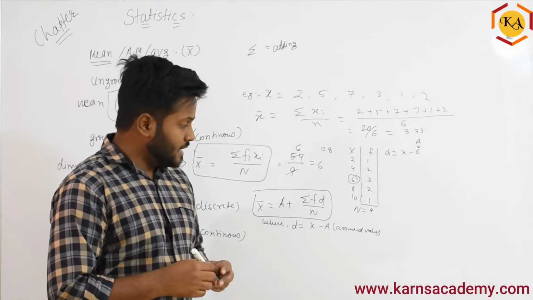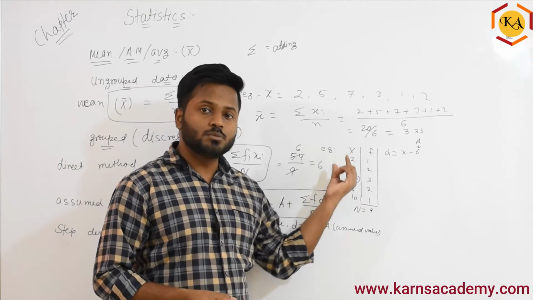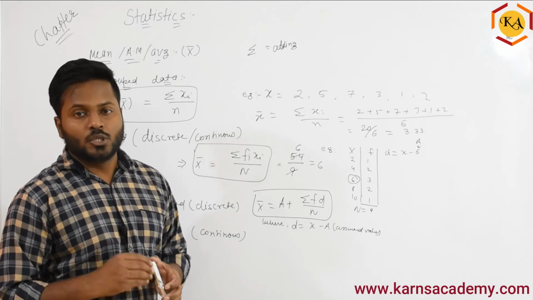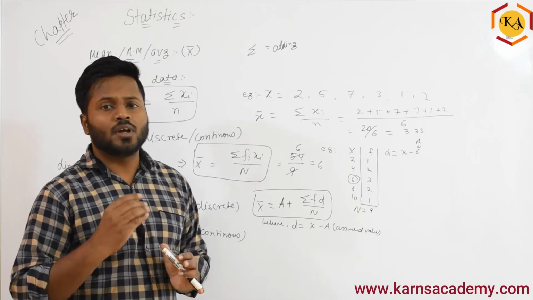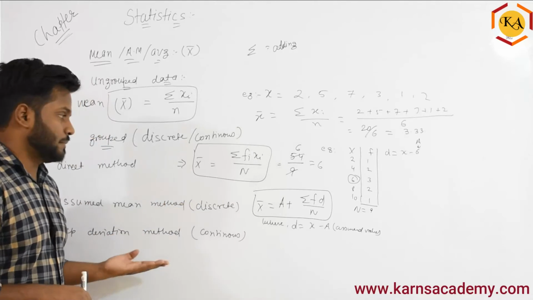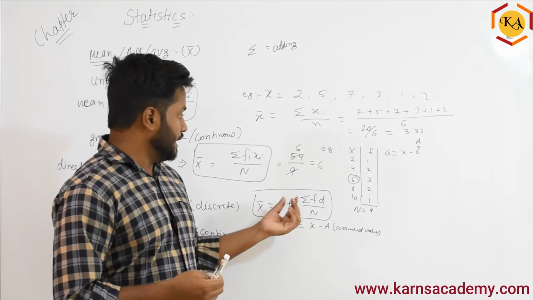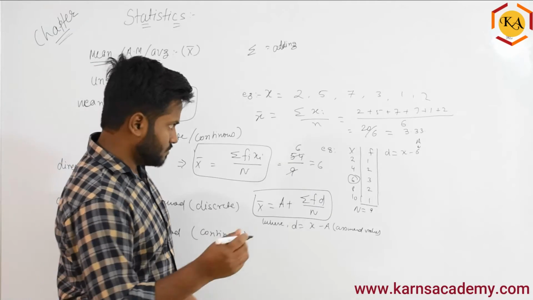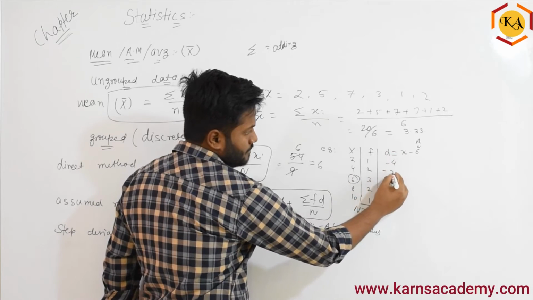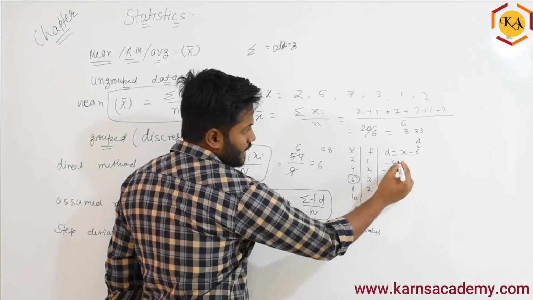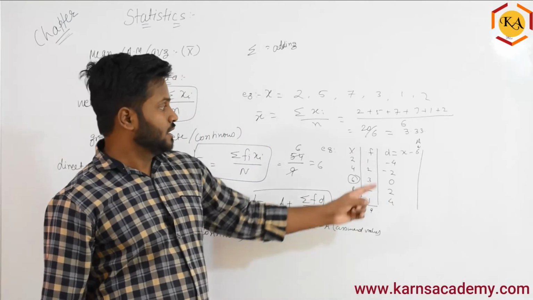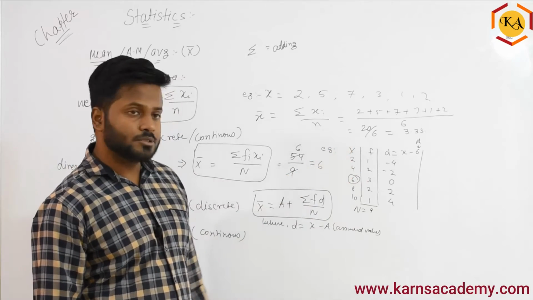So understand this, a is a assumed value which we have to assume from the x column, and preferably it is the middle value. You can take any value if you want, but if you take the middle value, calculation will become smaller. That's the main advantage to bring all these methods, just to reduce the calculation, right? Okay, so a is equal to that. So 2 minus 6 is minus 4, 4 minus 6 minus 2, 6 minus 6 0, 8 minus 6 2, and this will become 4. Can we do like this? X minus 6, these are the x values, one by one you keep subtracting.